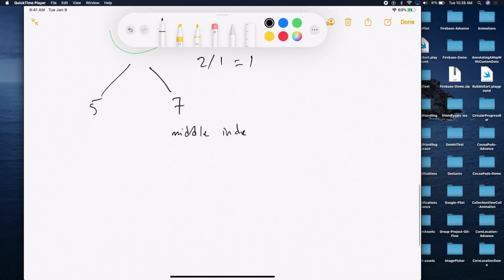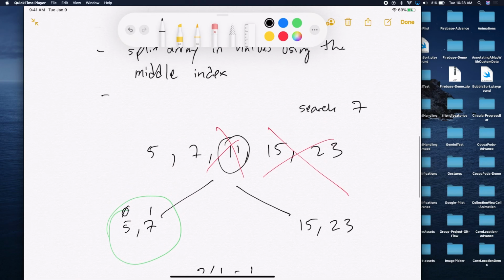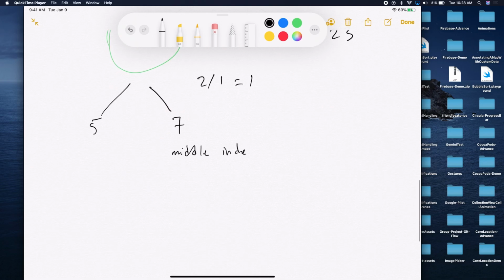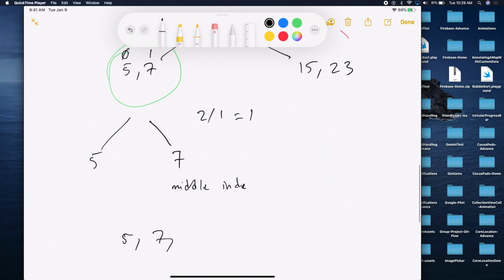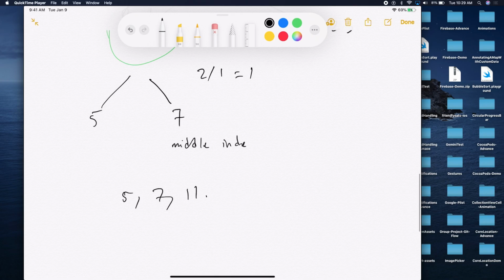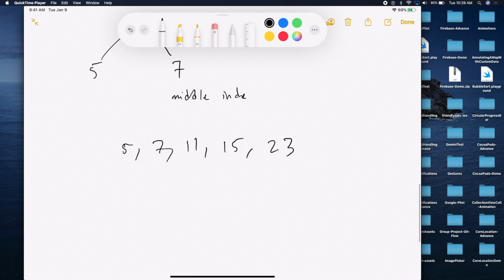If we were to do it using linear search, same numbers, or different numbers, it doesn't really matter. So 5, 7, 11, 15, and 23. Here we have 5 values. Somebody tell us, go ahead and search for 23. So we're searching for 23 here. If we're using linear search,